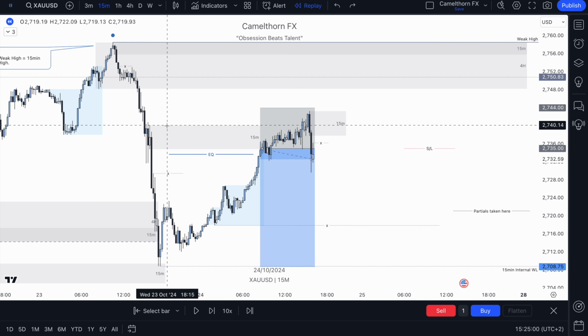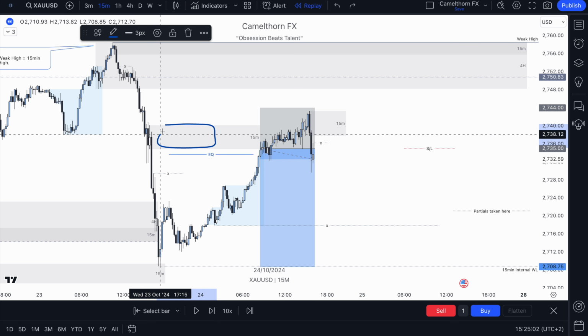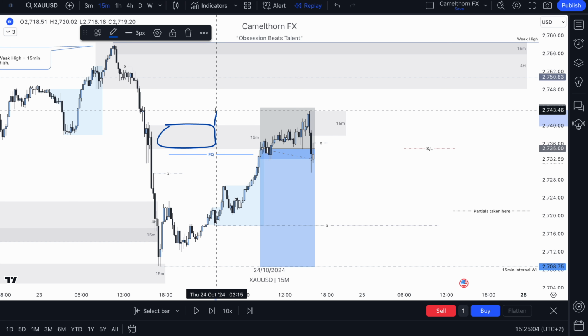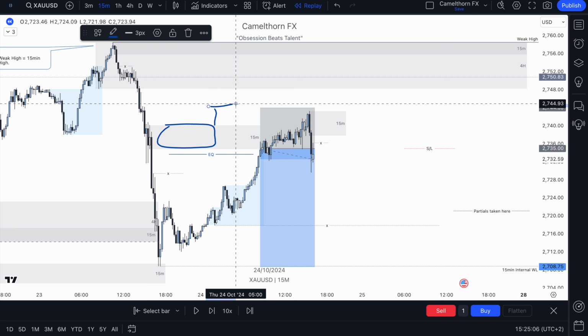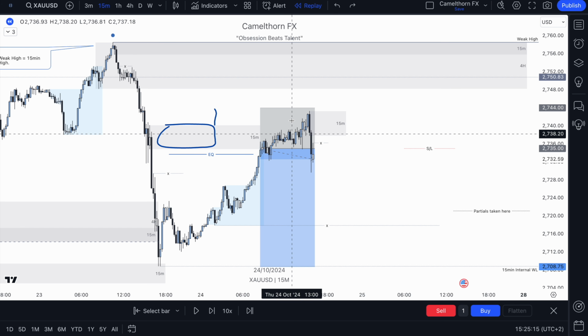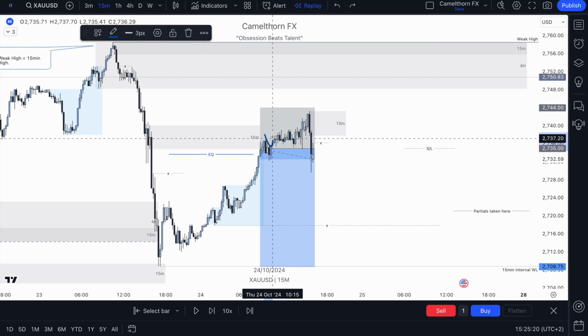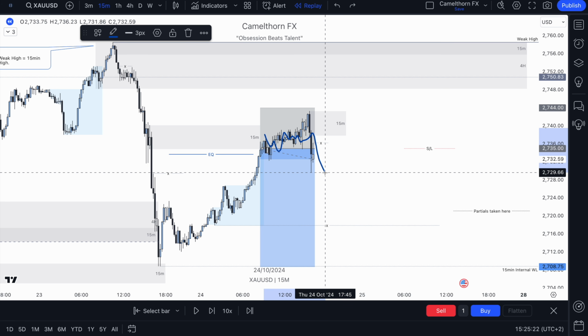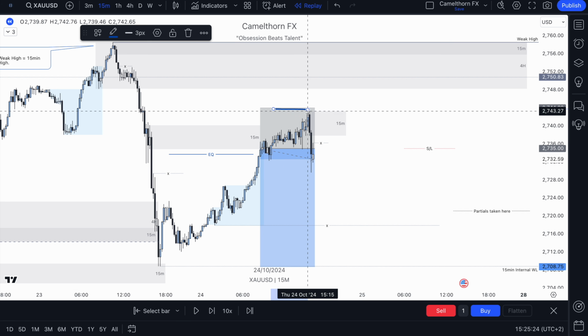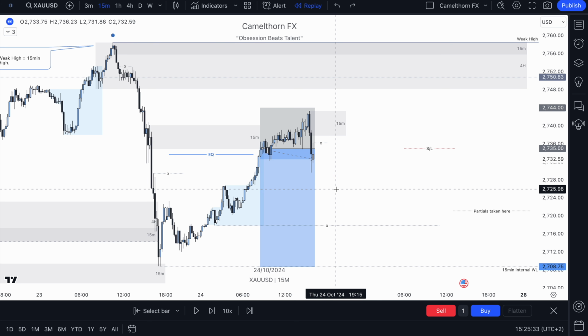And this is why I always like to give whatever POI I'm trading from some breathing room in terms of my stop loss placement, because you never really know how much liquidity price action is going to sweep before that move takes place. Sometimes it doesn't sweep any liquidity. Sometimes it just taps and goes. Sometimes it hovers around that POI before trading lower. Sometimes it takes you out before trading down. All you can really do is identify what you believe to be a relatively high probability area to trade from